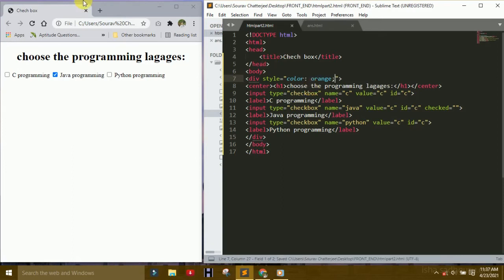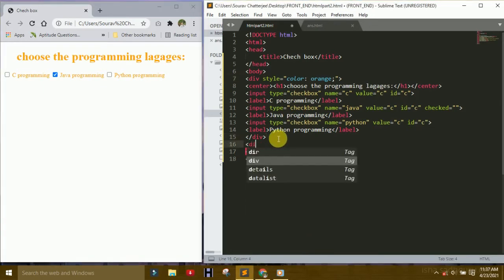Is best. Save it. Now you understand what is the change here. You change, it is the change of the color. Okay, now make another division, also center, h1.